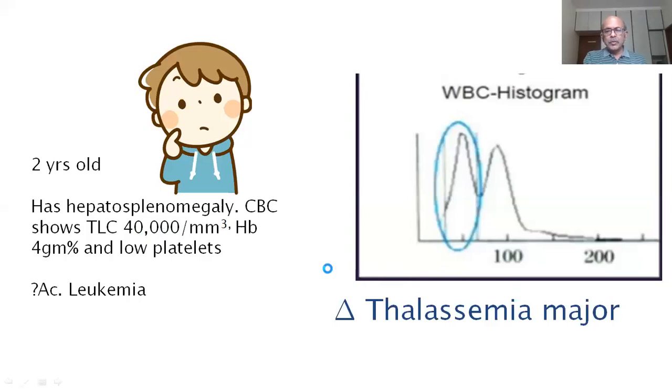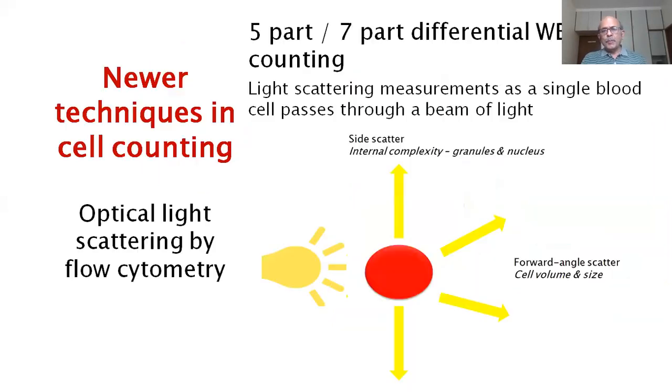So then you have to have a corrected total WBC count. The pathologist has to count the nucleated RBCs, deduct it from the total leukocyte count, and give you the corrected TLC. But just looking at this figure, you will know that this patient has, in all likelihood, thalassemia major. Obviously, it is then confirmed by pathologists, and you will go ahead with hemoglobin electrophoresis.